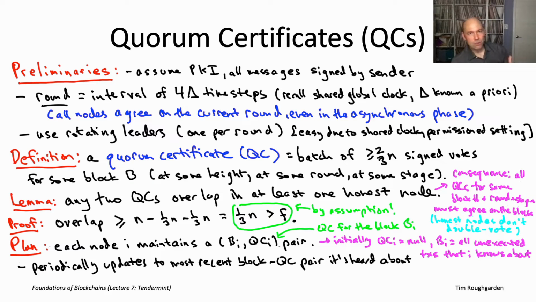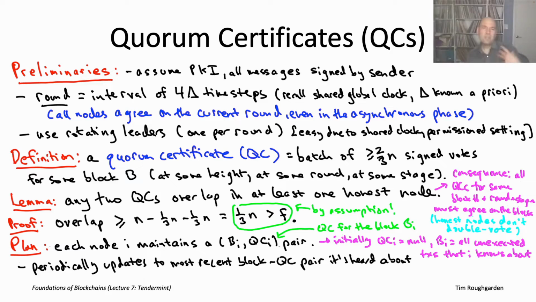Well, it'll be obvious once we talk through the pseudocode on the next slide. But basically there's two main cases. One is, if you yourself witness an immediate success of some referendum. So if there's just some referendum, you just had a voting stage, and you yourself actually see the votes, not just somebody else reporting to you a collection of votes, but you literally see firsthand 2/3 n votes from that referendum that all agree, then you're going to update your local variables. The other key point in the pseudocode where you update your local variables is when you become a leader. As we'll see, there will be rotating leaders, and when it's your turn to be the leader, you're going to say, oh, am I out of date? Let me actually update my local variables to reflect everything that I might have heard about up to